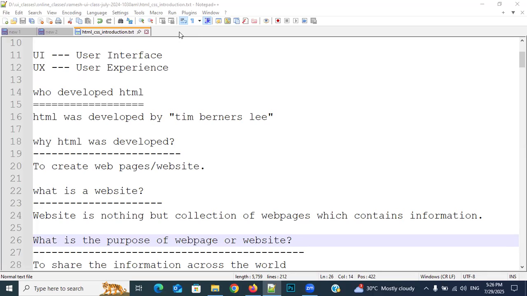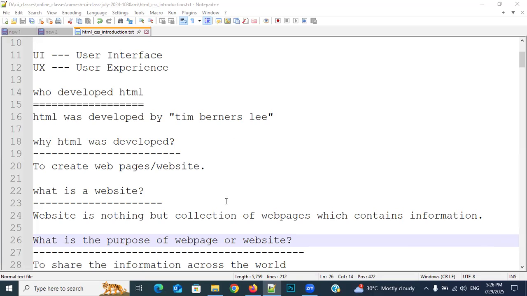No, the entire world is not able to see that information. If you are developing an application, only you can see that application on your computer, but the entire world cannot. Why? We need to purchase two things. Where? In the www. What is www? World Wide Web. Who developed the www? Tim Berners-Lee developed the World Wide Web.